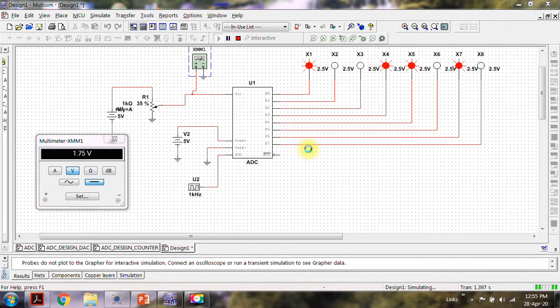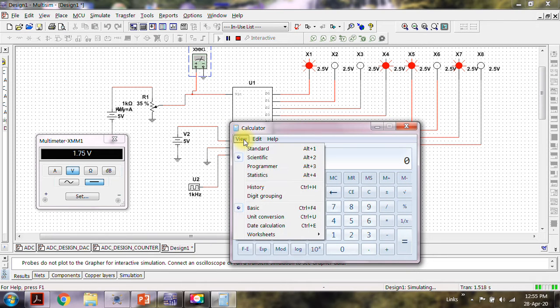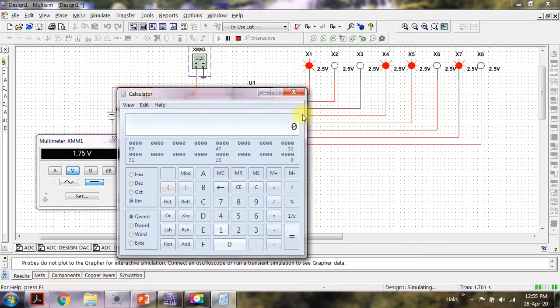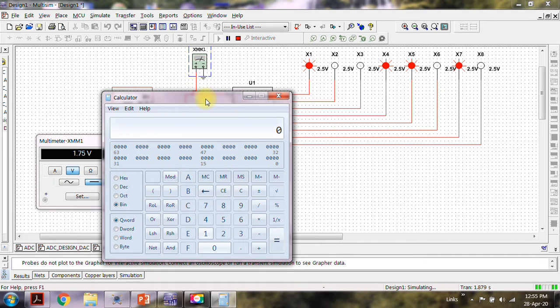So I'm just going for the calculator here. Go into the programmer's calculator because you are interested in converting from binary to decimal. Remember, it is 8-bit, full scale is 5 volts, the reference is 5 volts. So the code is 01 01 0 1 1 0 0 1. So whatever is the equivalent is 89.